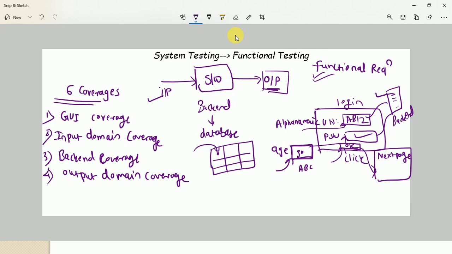And that's the reason we should go for output domain coverage, where we can validate the output of a software application. Now again, as per the output, if data is correctly passed and if software is correctly processed, finally you will get the output. But if there is a problem while processing any data or input, what will the software do? Software will simply throw an error. Then we should focus on the error part too, right? And that's the reason, guys, we need to understand the fifth important coverage, that is nothing but error handling coverage.